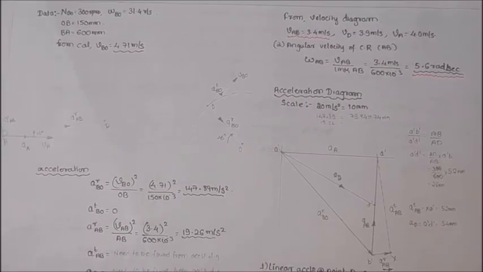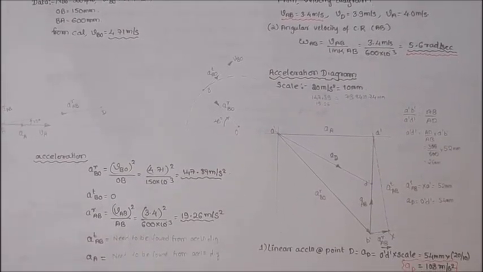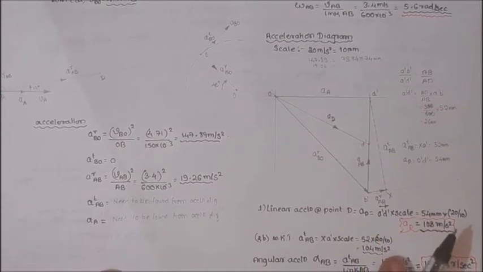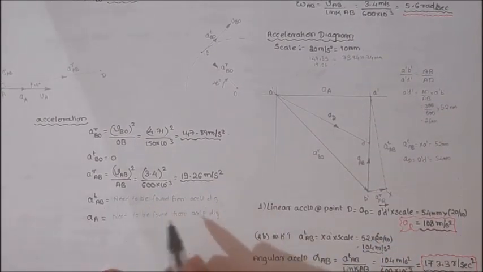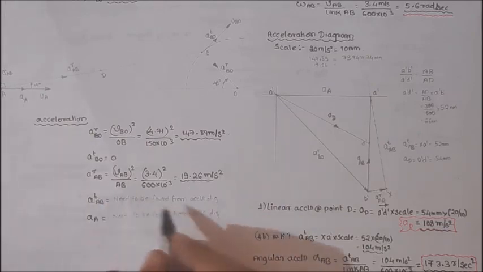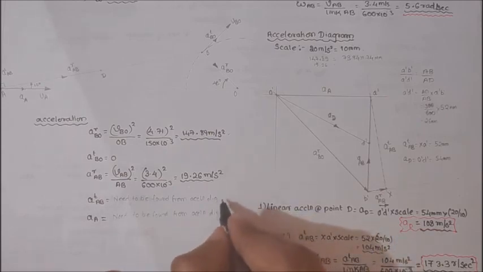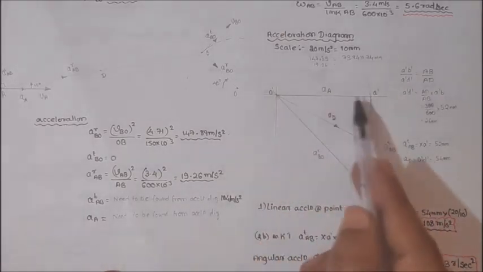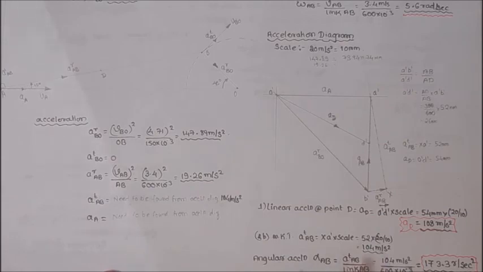So here this is one of the simplest problems, and this one only we have found out already. If not, we can write here also. Here itself only we are having. So we have found out from the graph, that is this acceleration of AB tangential, from the graph we have found out that is equal to 104 meter per second square. Acceleration of A we have already, if we measure this one, we can find out that value. That he has not asked, need not much bother about that.